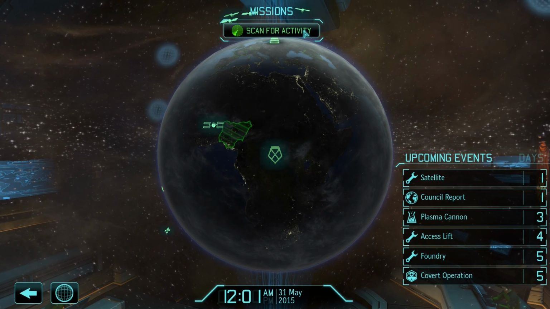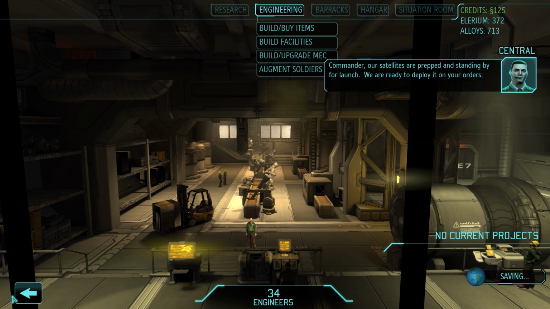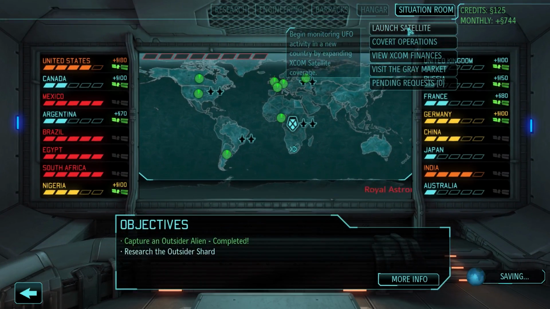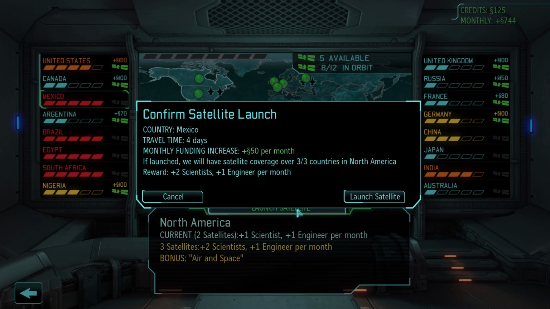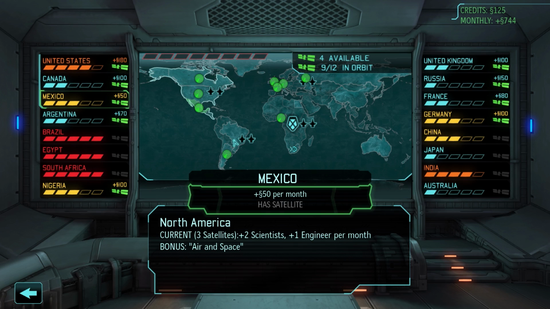13th. Commander, our satellite is prepped and standing by for launch. We are ready to deploy it on your orders. Let's go launch the satellites now. So Mexico. Satellite launched. That will give me coverage in...